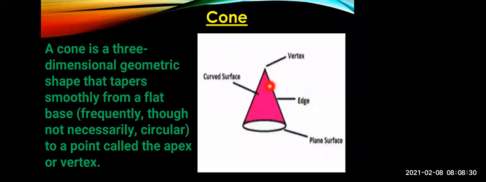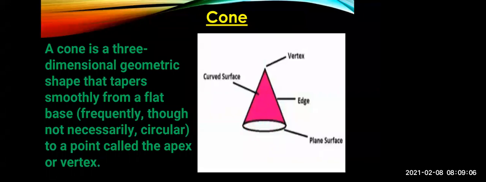Now see, this is the shape of a cone. Okay. Now this pointed part is the apex. It is called the apex and it's also called the vertex. Okay. Now these are the two edges. Now these edges are in angle form. See the triangles. This is forming a triangle. So this is the curved surface. Okay, this is the surface and these are the edges. And this one is a plane surface.